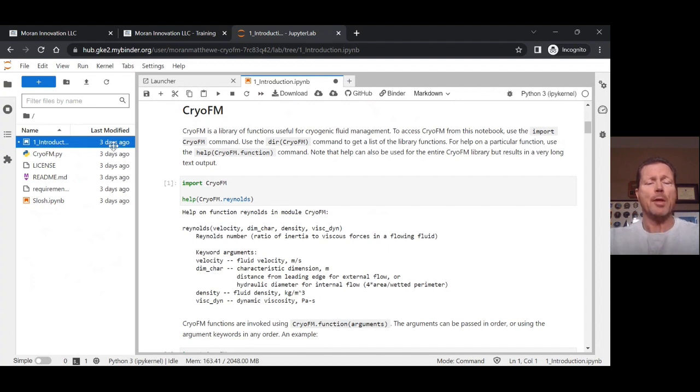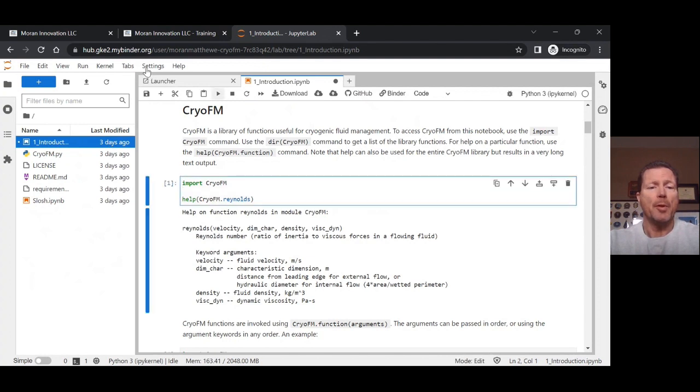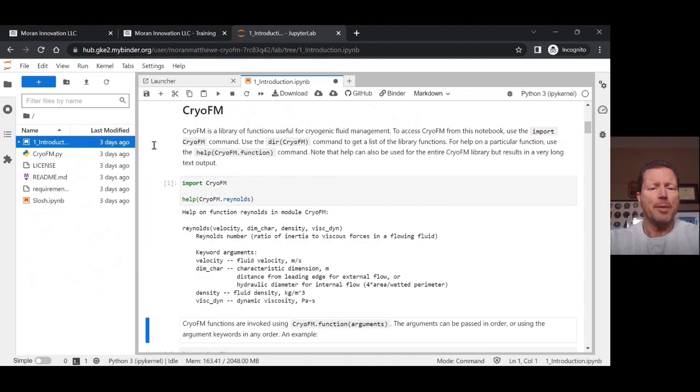So unlike Excel, it will only execute the cells that the person manually executes. So the way you do that is you click in this cell, and then you can go up here and hit this what looks like a play button, and it executes that cell. So this is just going to repeat, the output is below. It's going to repeat it again. We could put in a different